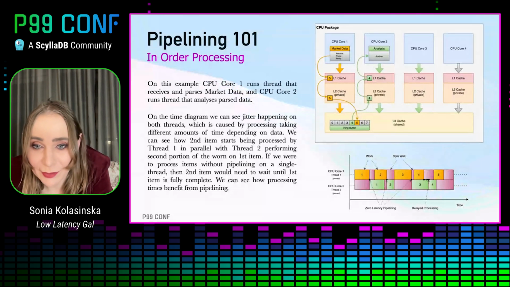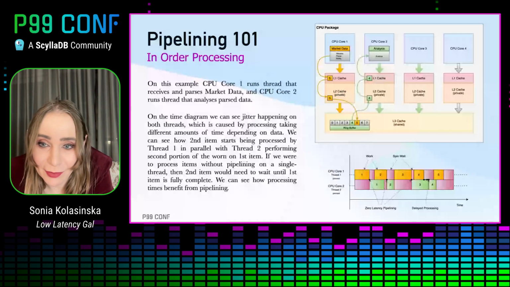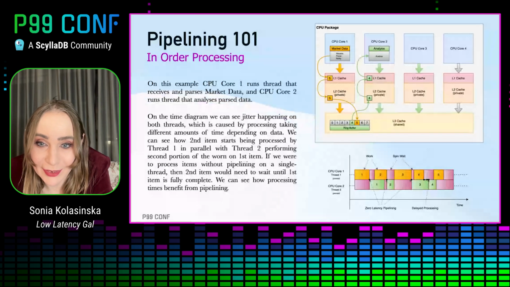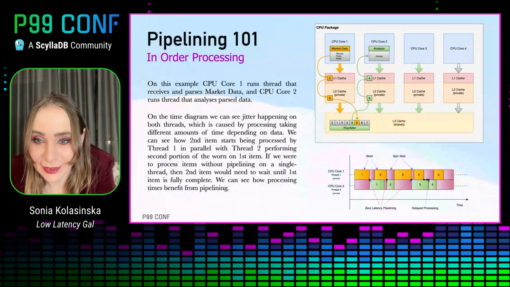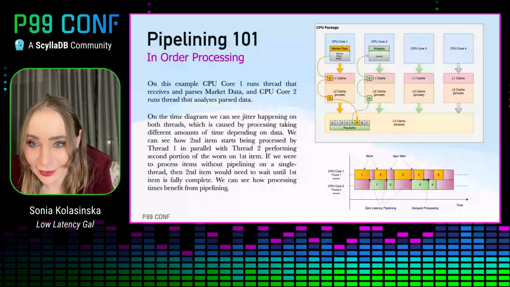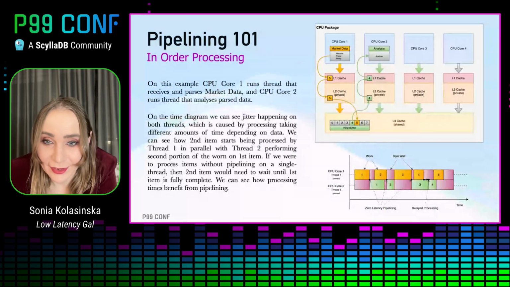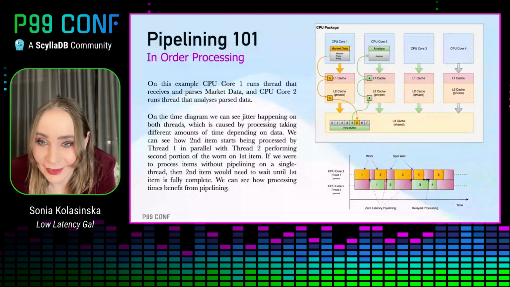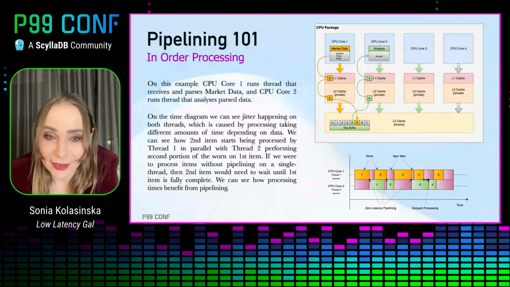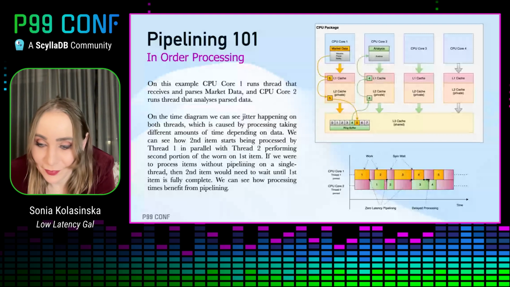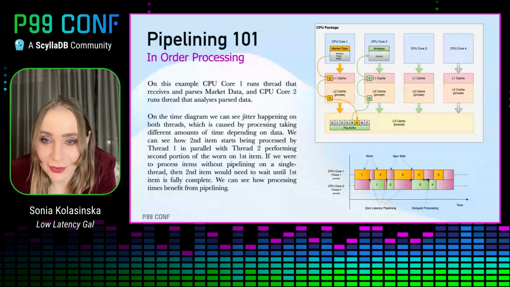We can also see where the pipelining has zero latency and where it is slightly delayed. However, just imagine stacking those into just one thread, and you'll see how much all of that will get delayed if you try to squeeze those green parts in between those orange parts, right? You will get very delayed processing. Item number 4 will be much delayed to even start, if you were to put all the green 1, green 2, and green 3 before it. So pipelining really gives you a lot of improvement in processing of data when you have a stream of